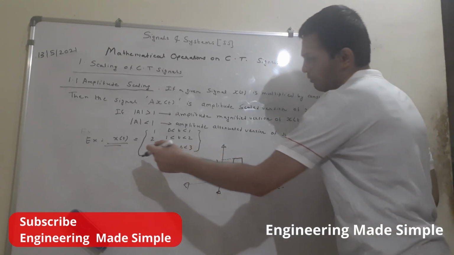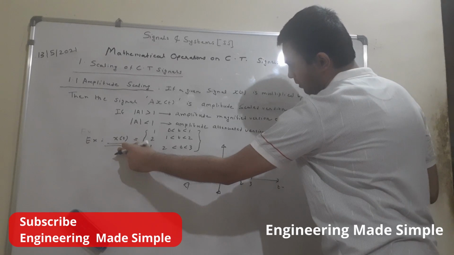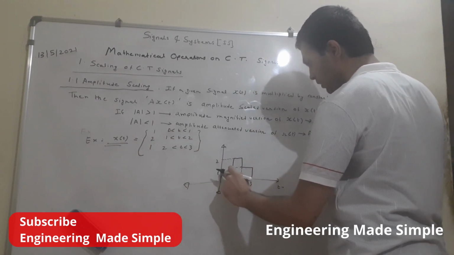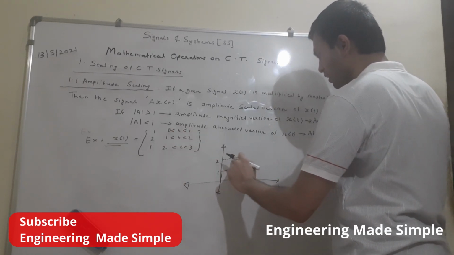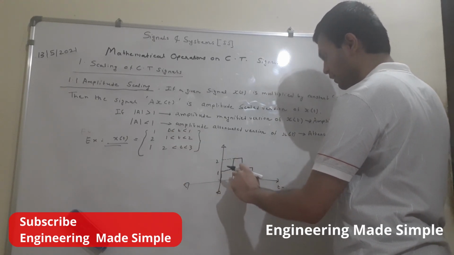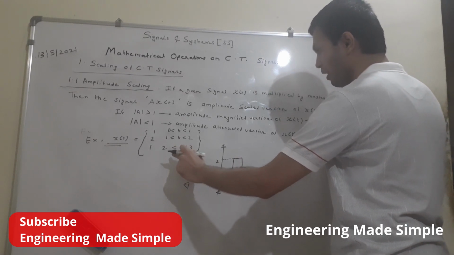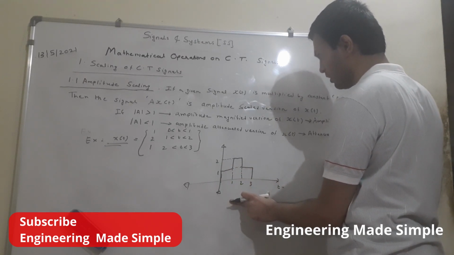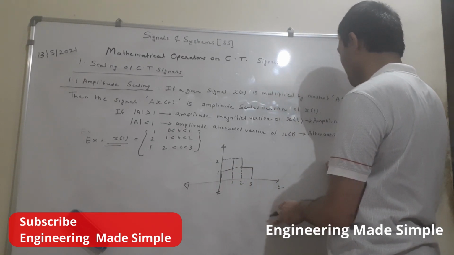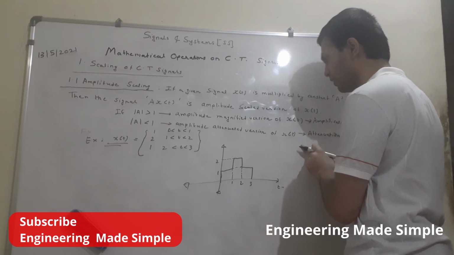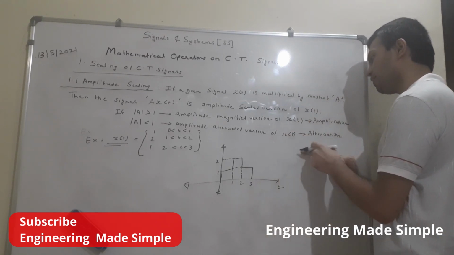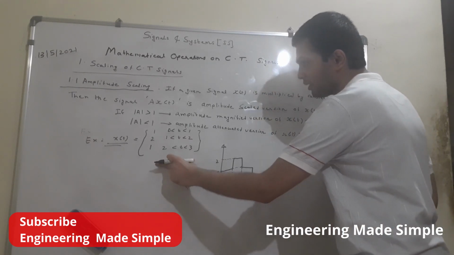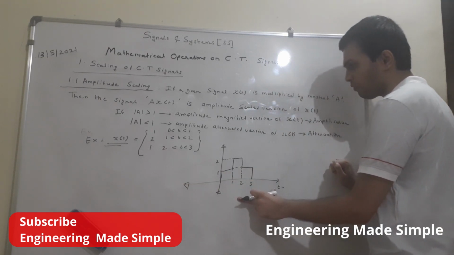The example I have written over here is the signal definition of x of t. This is a given continuous time signal. It is defined as 1 in the time interval 0 to 1, its amplitude value is 2 in the time interval 1 to 2, and in the time interval 2 to 3 again its value is 1. This is how our given continuous time signal looks. Now we are going to see amplitude amplification or magnification, and the results of amplitude attenuation. For the time being, note this particular signal and its waveform also.